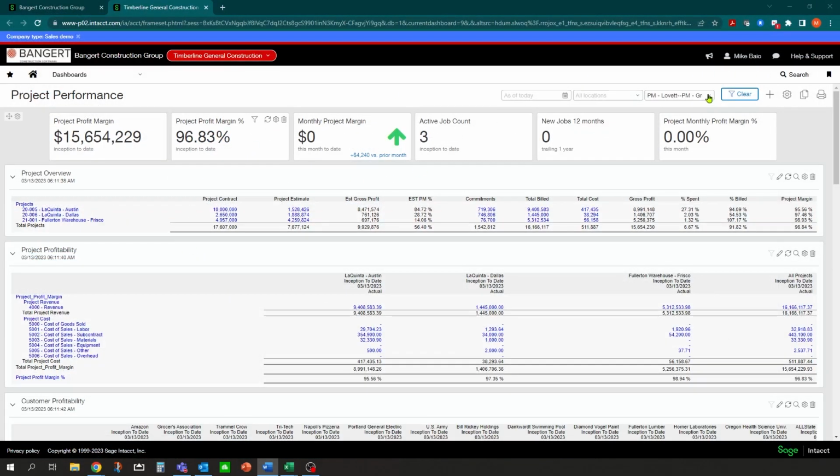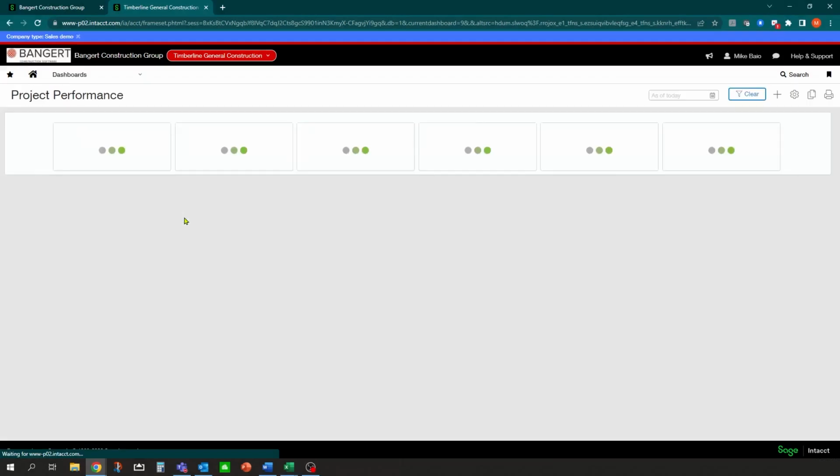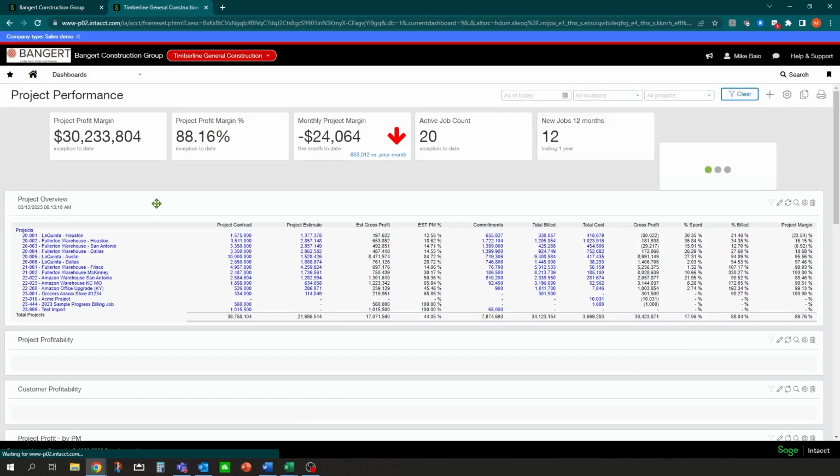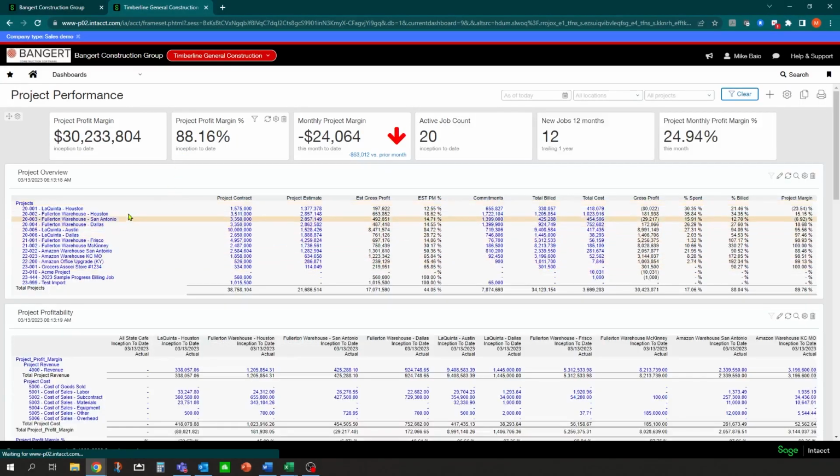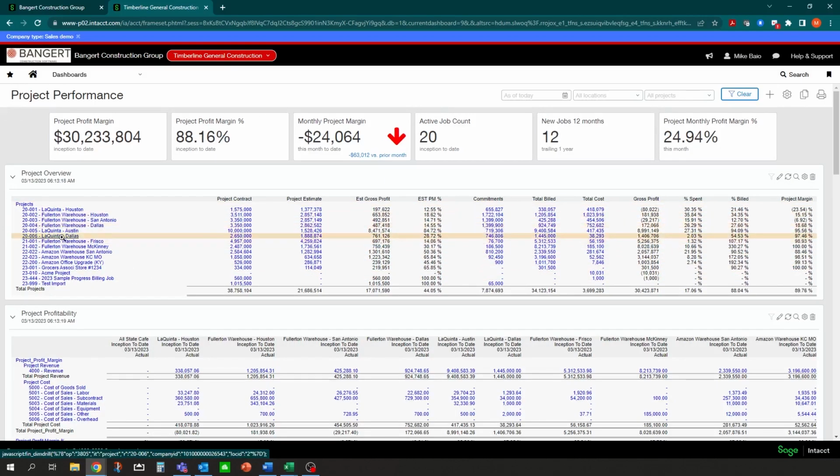Okay, so let's remove the filters from that project manager. We'll click clear and apply, and that'll bring us back to our default view, which is all the projects in this entity. You can see we have some projects. What we're going to do is go through setting up the initial project, and then we're going to start filling in these buckets, these fields, and show you how that works inside Intacct.